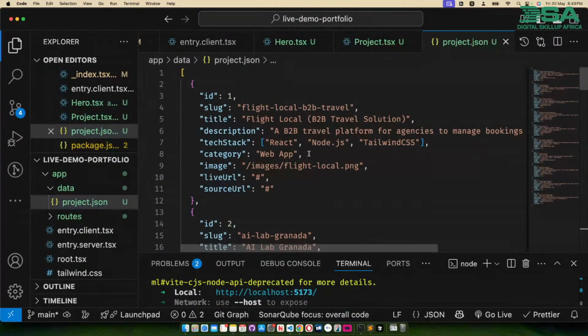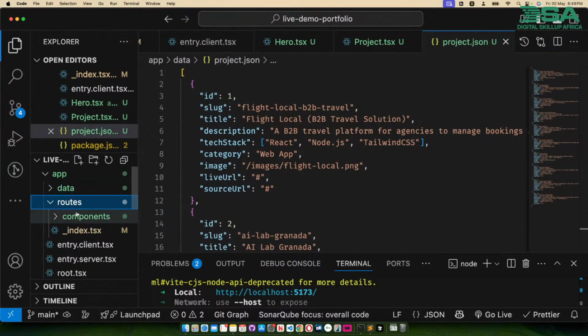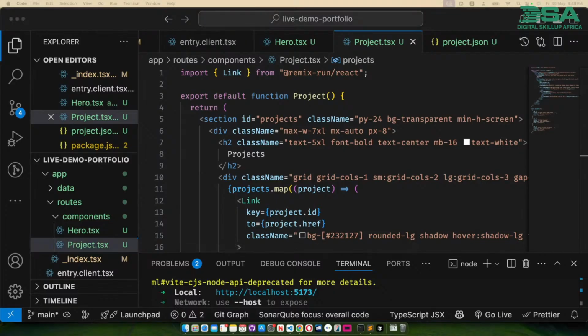So now that we have this data here, we need to import it somehow. One way we could do the import is we'll go to our components. So we have our components in the route, and we import that particular file into here. Or another way you could do that is you go to the index or the root.tsx or the index route, which in the case I mentioned earlier was equivalent to the index.html, right? You can also pull it from there. So I think what we should do is pull from there